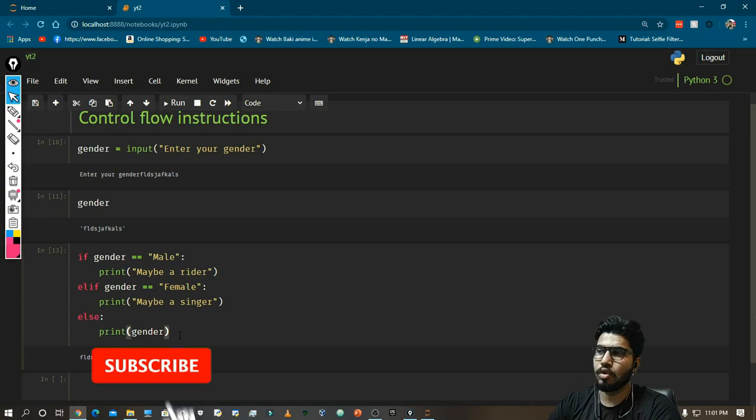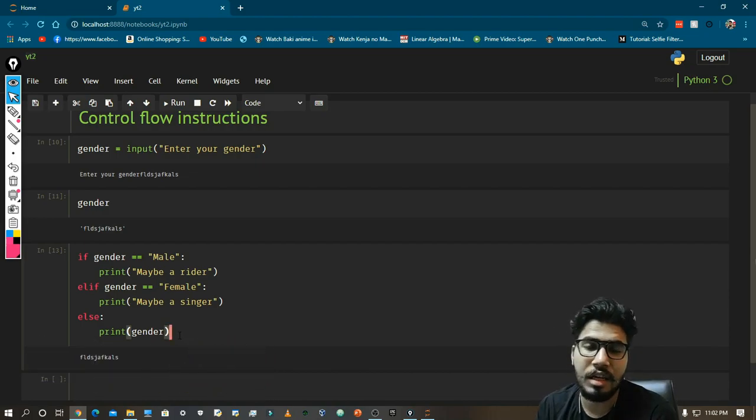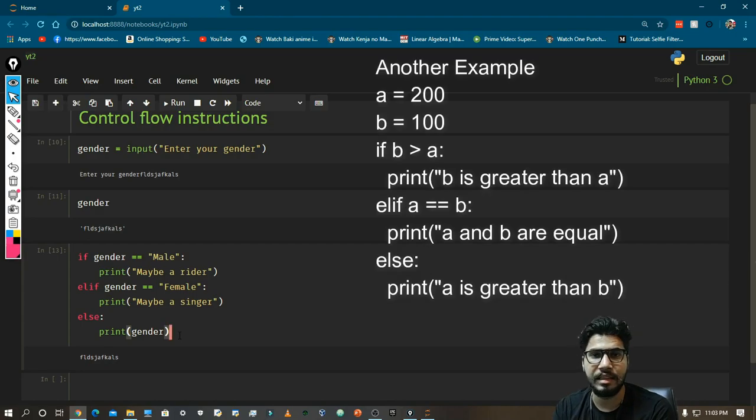So these are control flow instructions, and these are called if, else if, and else. What is the benefit of using control flow instructions, specifically decision flow instructions? You won't believe me, but you can achieve a little bit of AI using if, elif, else. You can also ask the user the temperature, and if a user tells you the temperature is below 0 degrees, you can print out it might snow tomorrow or something like that.